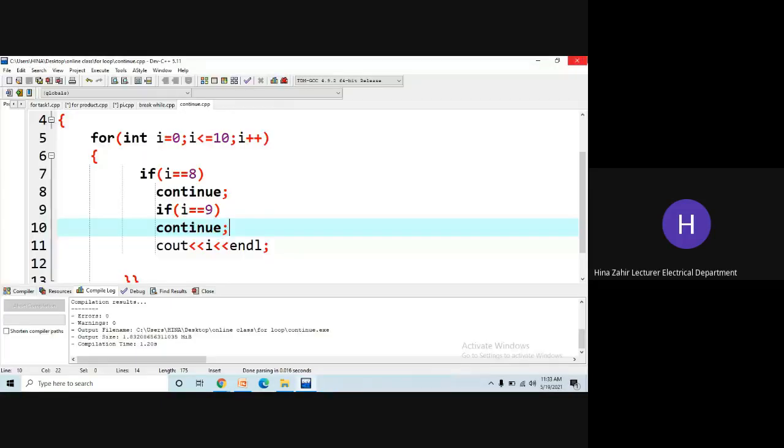You see, our continue statement can only skip a certain step of the loop. And remember, it only works with if conditions inside a loop. Similarly, break also works with an if condition inside a loop.